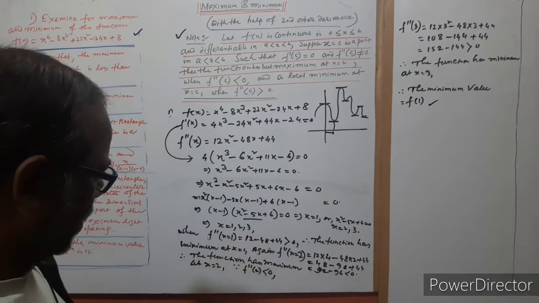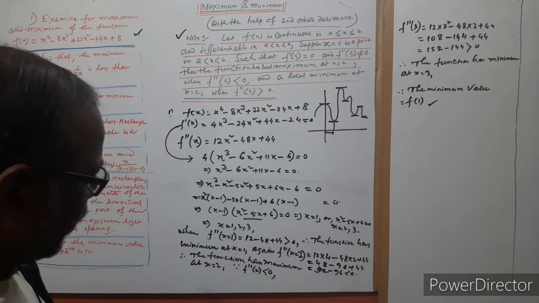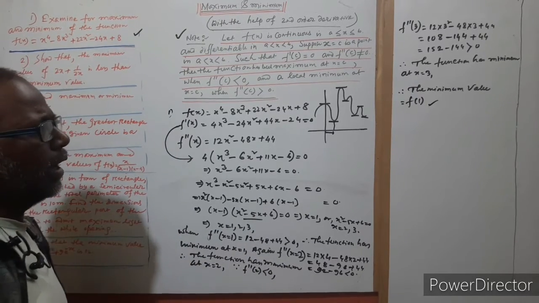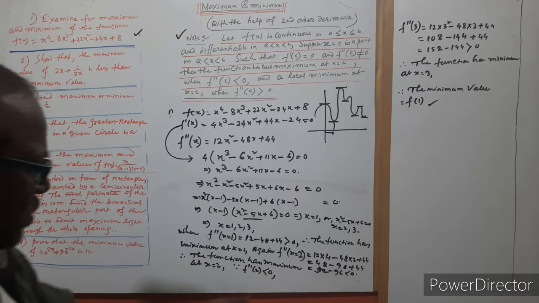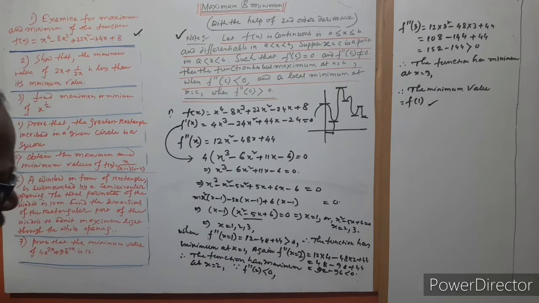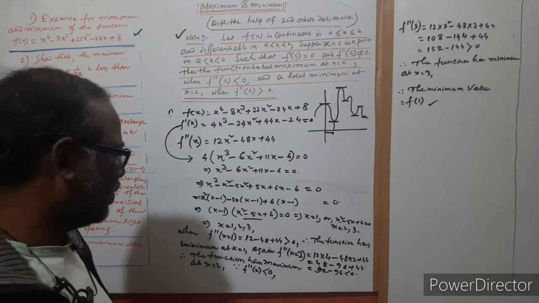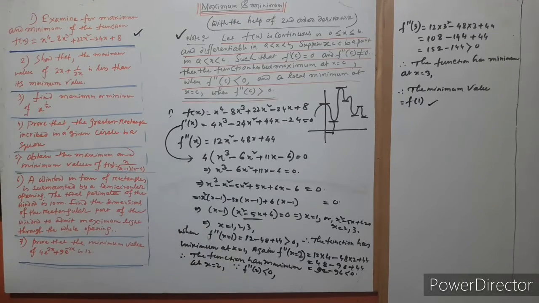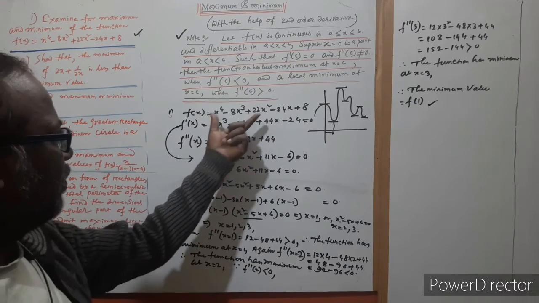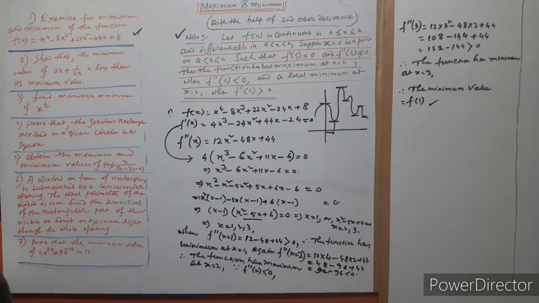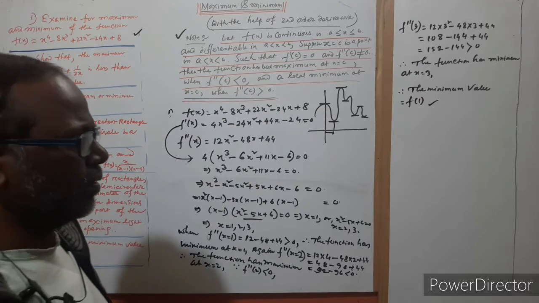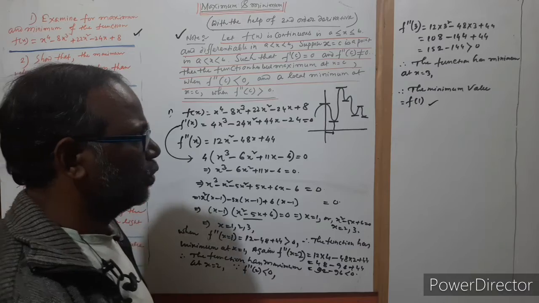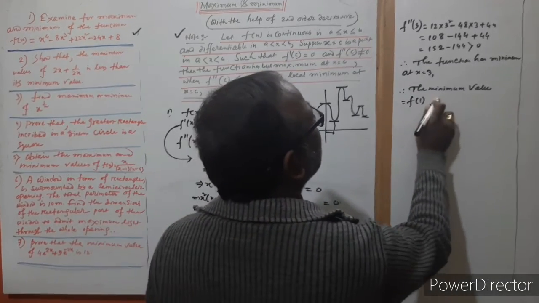Actually we get a minima at 2 points, that is 3 and 1. So for 1 the second order is more than 0, so therefore the function has minimum at x equal to 1. If we put 1, then the value of f of 1 and also f of 3 are same actually, okay. And the maximum, okay,